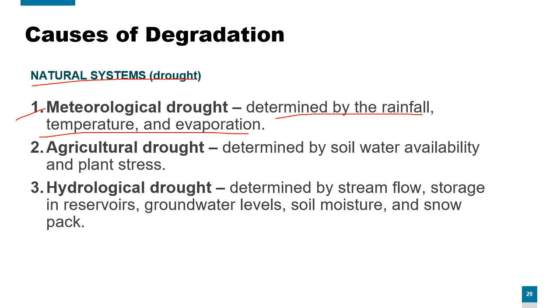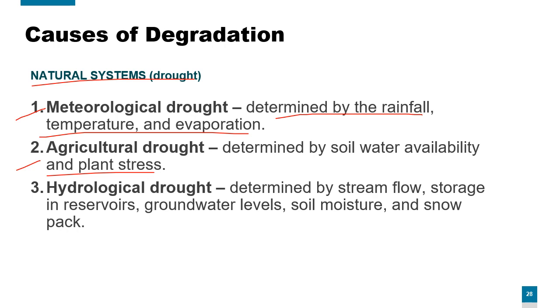Agricultural drought. So it is determined by soil water availability and plants and trees. So kung halimbawa nagtanim ka ng rice and corn sa iyong land, tapos hindi siya umulan, ano mangyayari? Masisira yung mga pananim mo. Now, kapag nasira yung mga pananim mo, bababa ang harvest. Now, kapag bumaba yung harvest, of course,